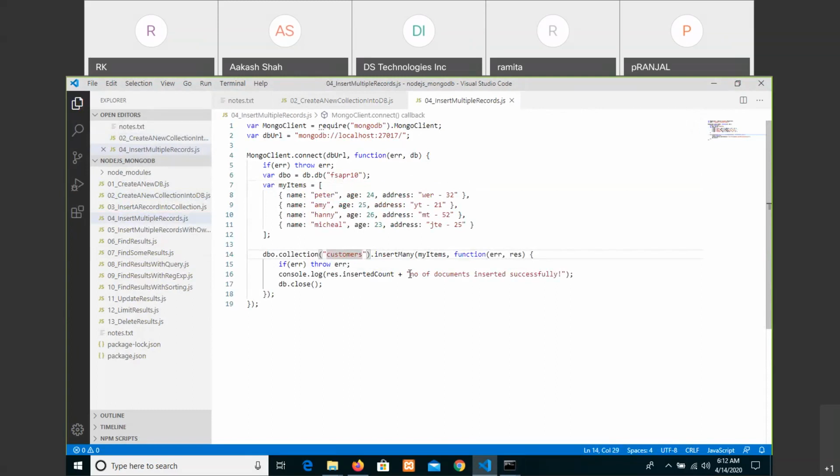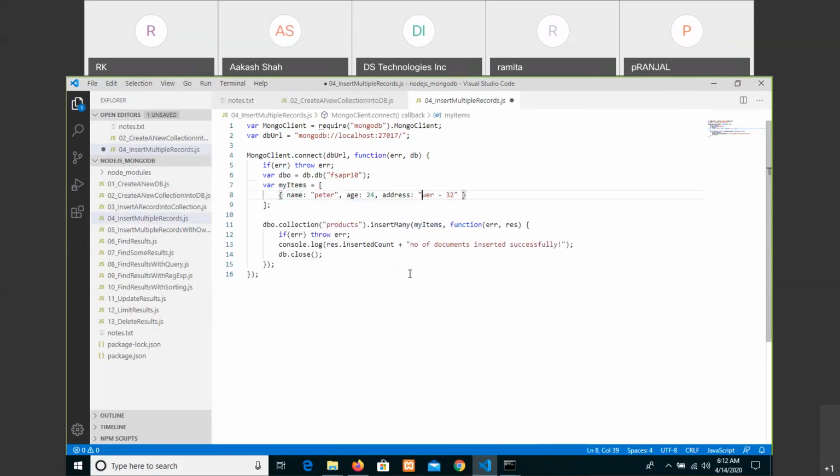Let us first insert. In the products collection, we want to insert a group of records. First of all, let us write the ID that is mandatory.